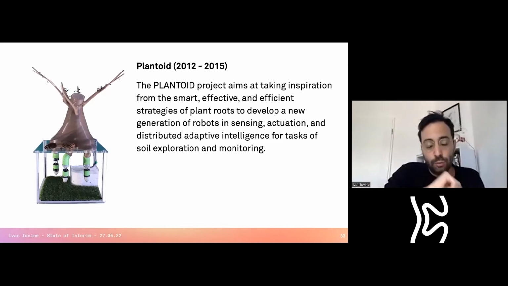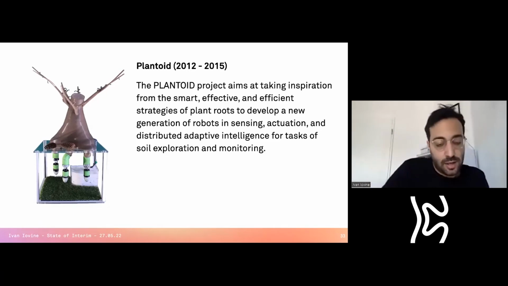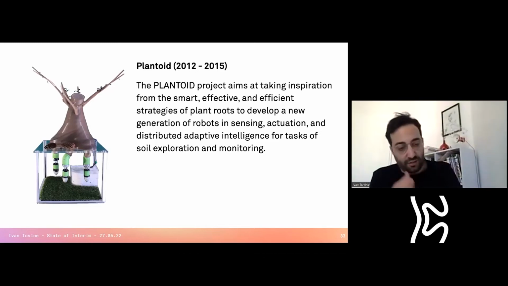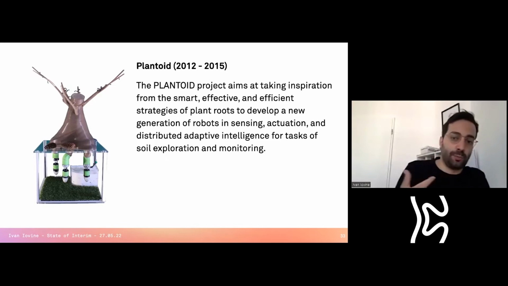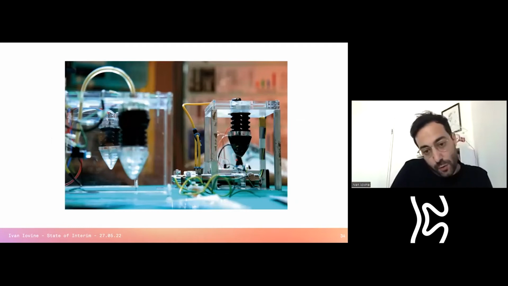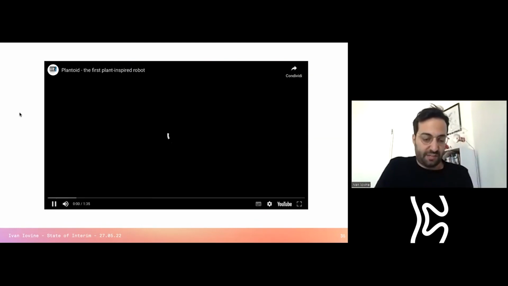So the root apexes are very sensitive, and they react to environmental changes like humidity, water, sun, and they also have a touch sensation. So if they touch something, they can avoid this object and penetrate into the soil, or create a tunnel or a penetration strategy in order to monitor soil. So this is a picture that gets a closer look at the apex of the roots. And there is now a video that I want to show you